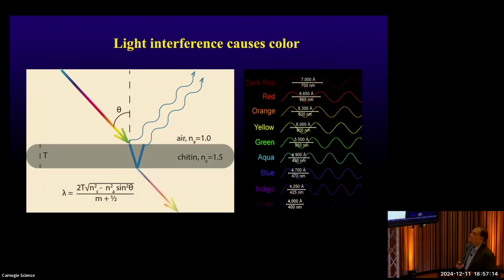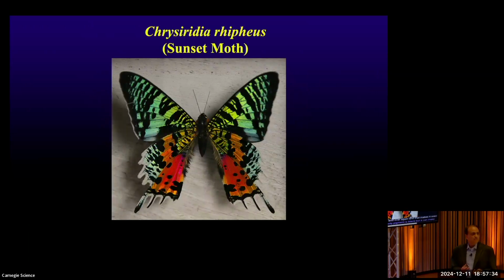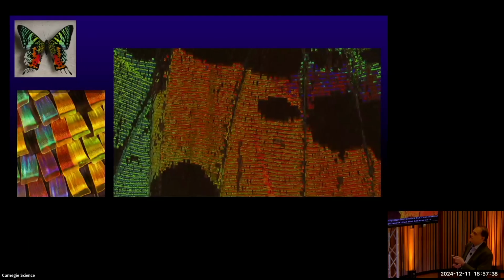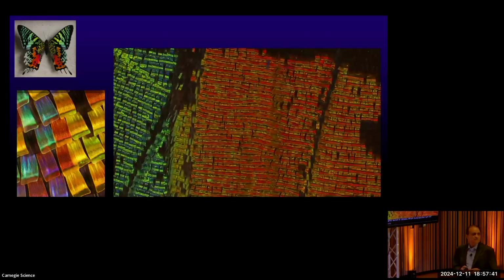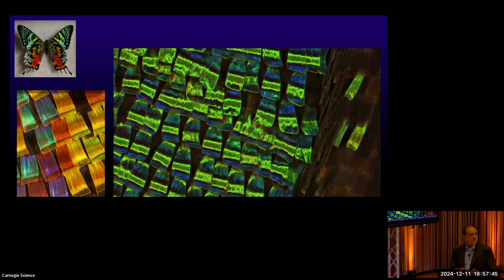And that's how butterflies make many of the colors that you see, especially green and blue. You can amplify this by repeating those layers over and over again, and that makes it even brighter. Okay. The next picture I'm going to show you is actually a moth, and in this moth, the only pigment is black. Okay, but it can make all the colors of the rainbow, right? And it does that because all of these little scales contain different thicknesses of those layers of chitin. And so then they can tune those to be whatever color they want, right?